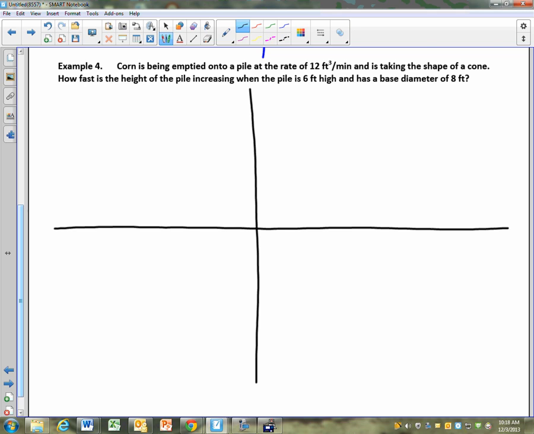So, all right, we have corn being emptied into a pile at a rate of 12 cubic feet per minute. If you're dumping corn, what shape does that pile make? A cone. Very good. So I'm going to draw a cone. It's wondering how fast is the height of the pile increasing when the pile is currently 6 feet high and has a base diameter of 8. So I've got a base diameter of 8,